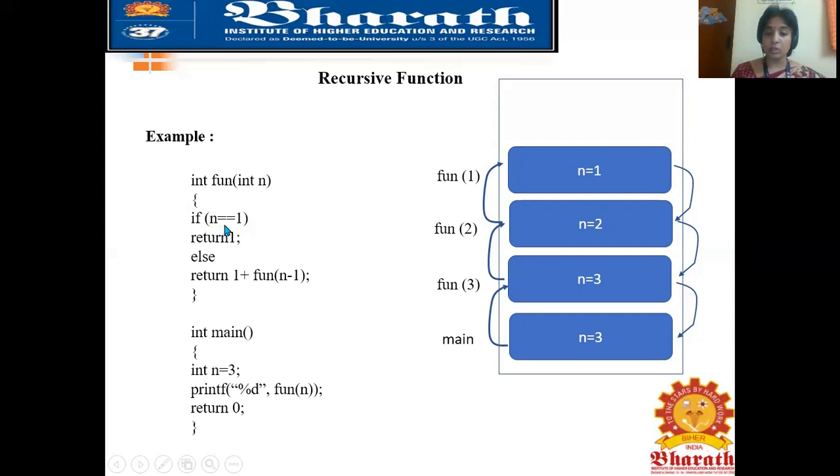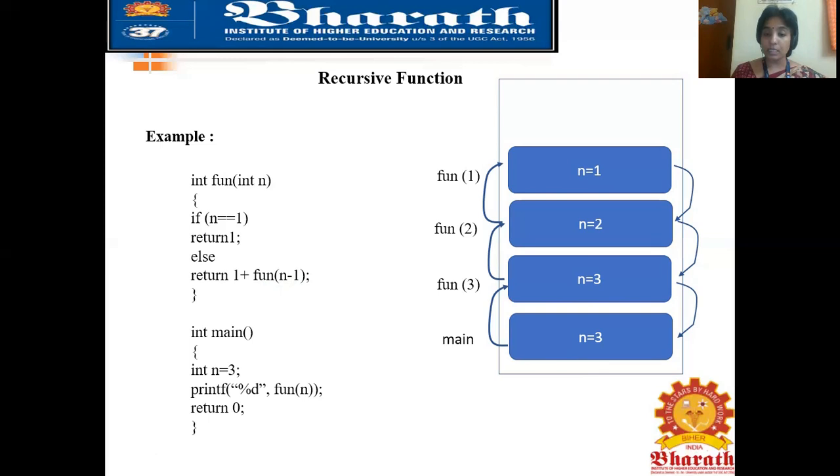In this case also n is not 1, so the condition fails and it comes to the else part. In the else part, again return 1 plus fun of n minus 1. So 2 minus 1 will be 1, and fun of 1 is my function call here.